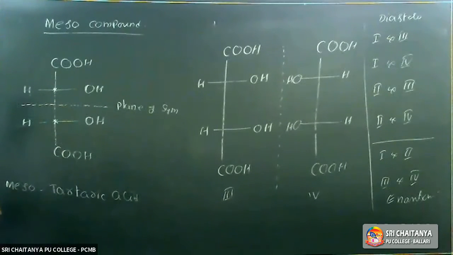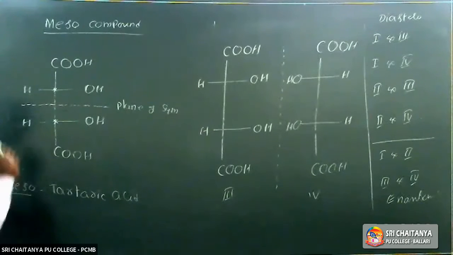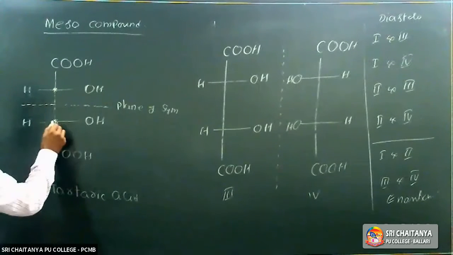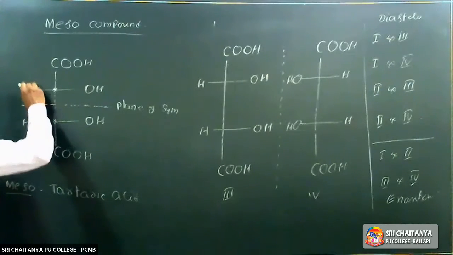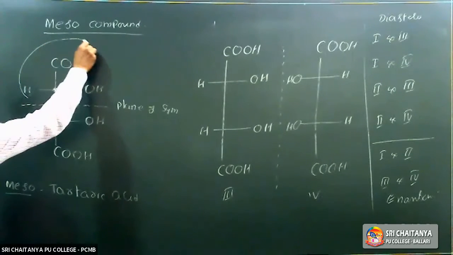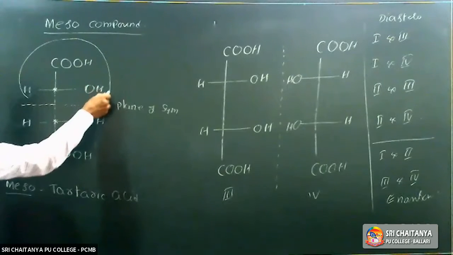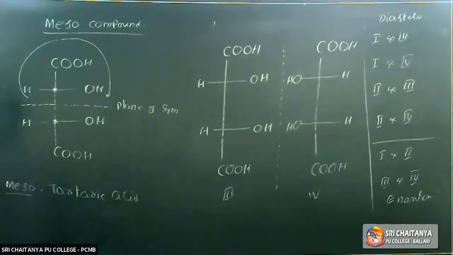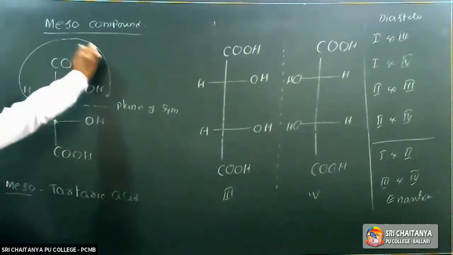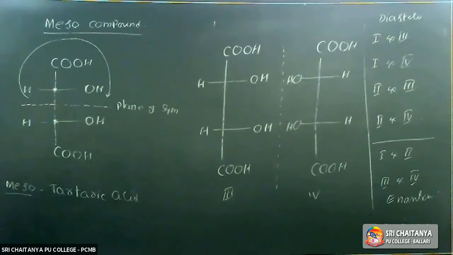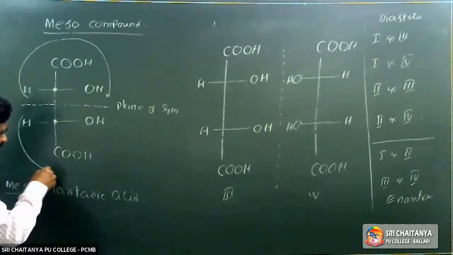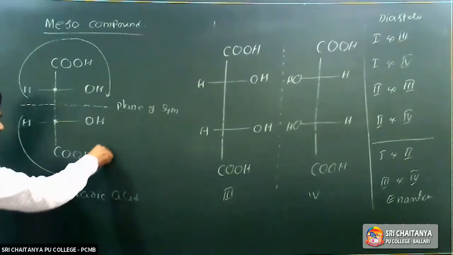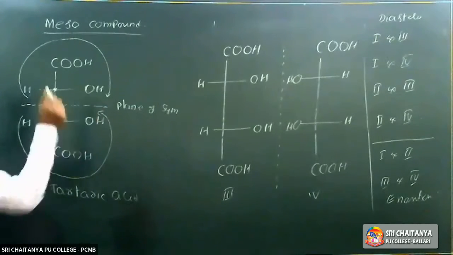Okay. So such type of compounds are called meso compounds. It has a symmetric carbon, and the other is also a symmetric carbon. If the first part rotates plane polarized light towards the clockwise direction, or right hand side, then its mirror image rotates plane polarized light in the opposite direction, that is, anti-clockwise.